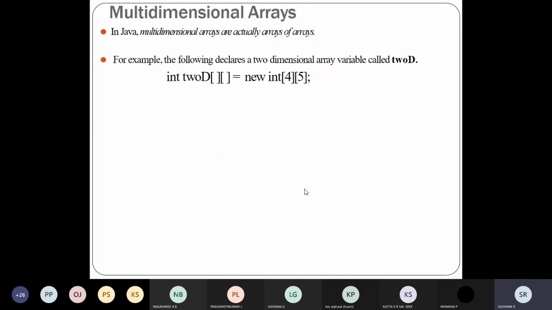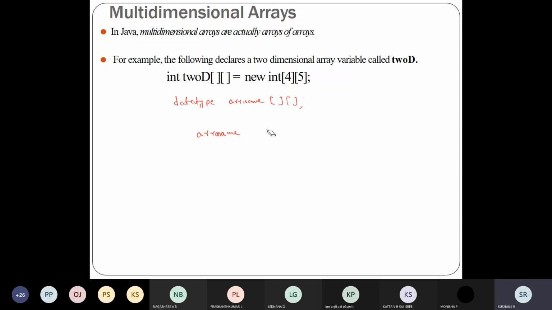Now we'll talk about the two-dimension array. The two-dimension array declaration is like: data type, array name, then the subscripts, and after that you can follow the same two steps.